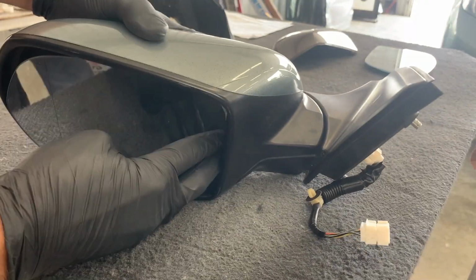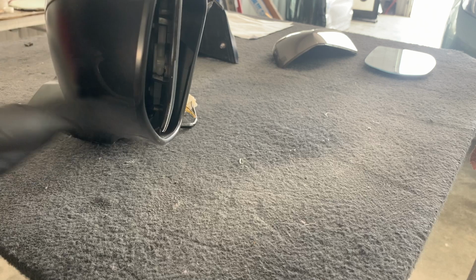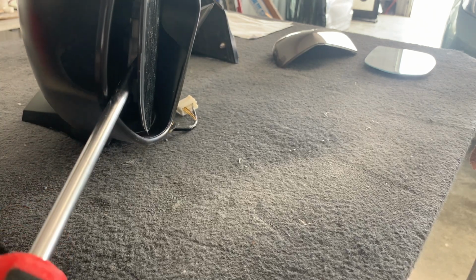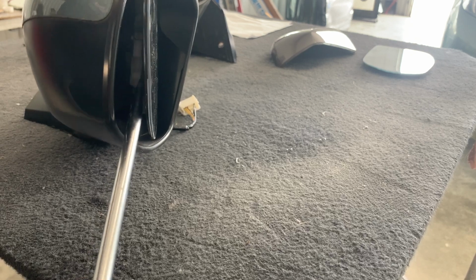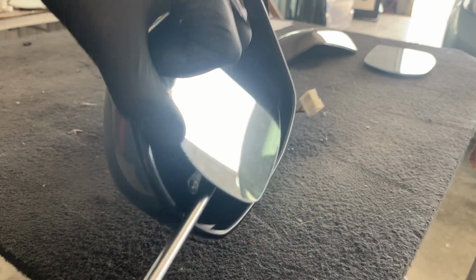And so we're going to push the mirror glass towards the vehicle. And then when you look in the side there, you can see there is a white mounting plate, and then there's the mirror glass that mounts onto that plate. And so what we're going to do is take our flathead and go on the bottom of that glass, and kind of pry it off of the mirror plate,